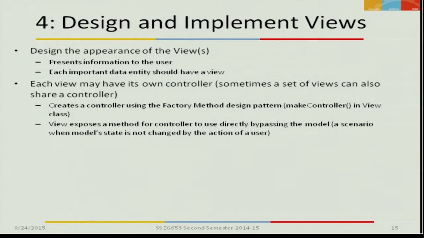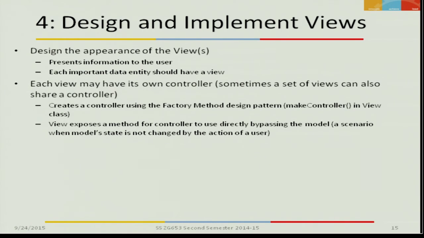But just notice a few things: here this architectural pattern is making use of a design pattern, and in another scenario, MVC itself is a usage of the general purpose design pattern called publish and subscribe. So in a sense, design pattern sometimes becomes more generic and architectural pattern becomes more specific. This is a good example of that. Publish and subscribe is a design pattern, but MVC is an architecture pattern, which is essentially a usage of publish and subscribe. Anyway, so view basically creates its own controller using the factory method, and view exposes a method for